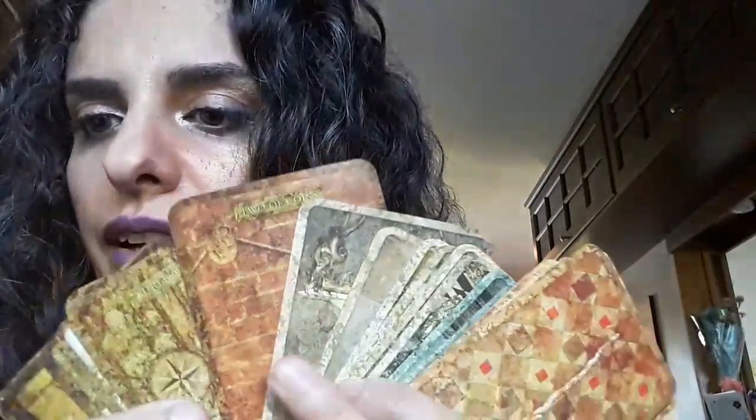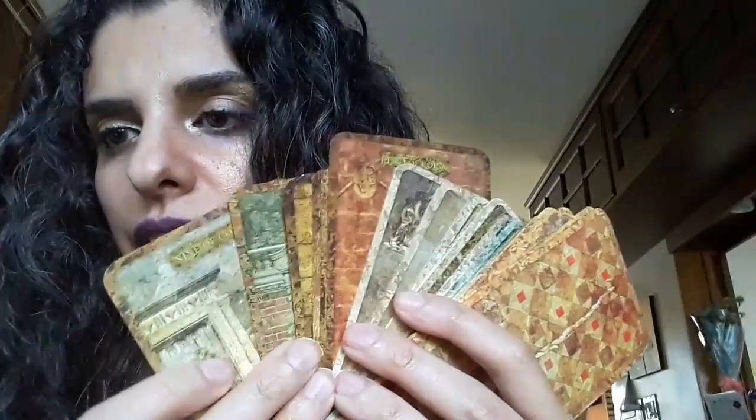This one should be water. And then you have the air element here. It's very kind of clear. And then this is the earth. It's kind of like the rusty browny tones. So